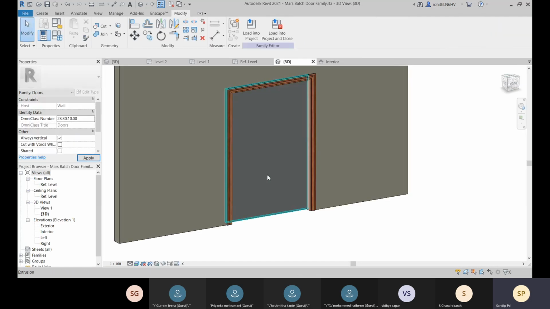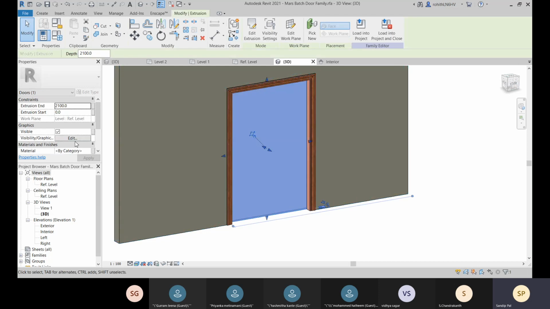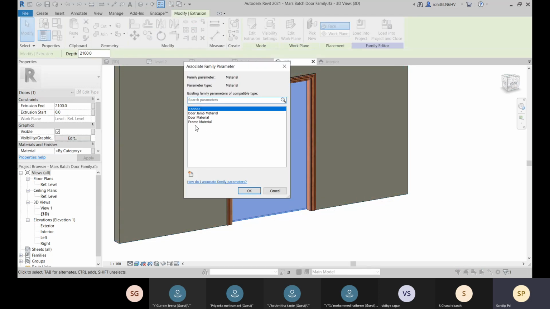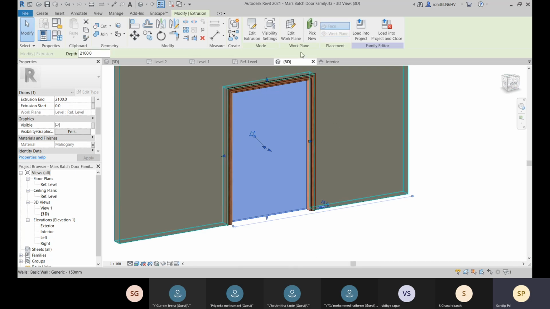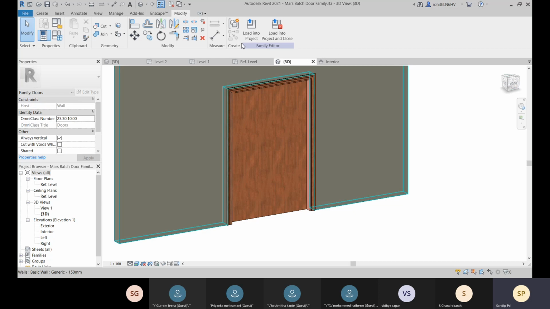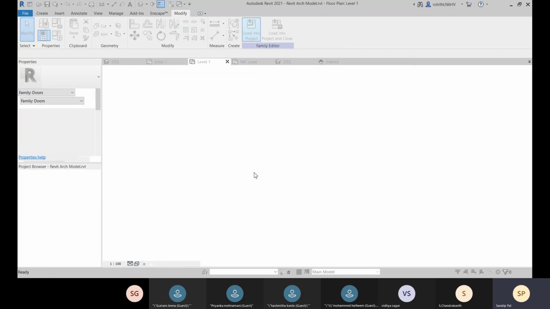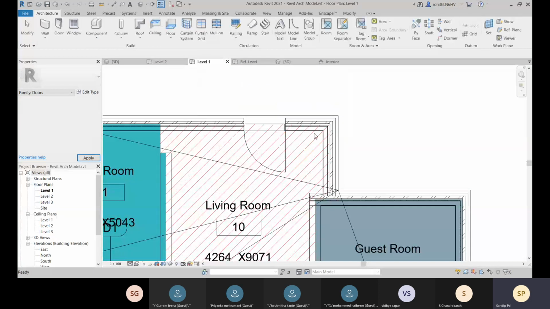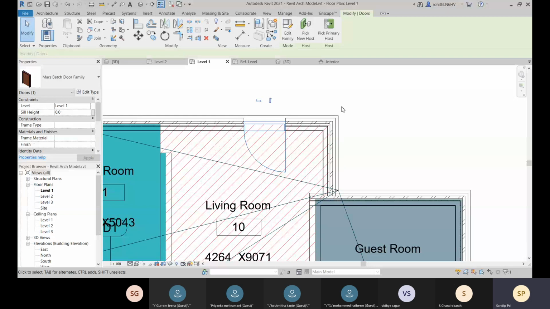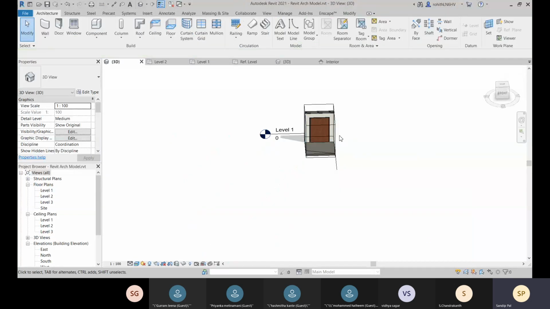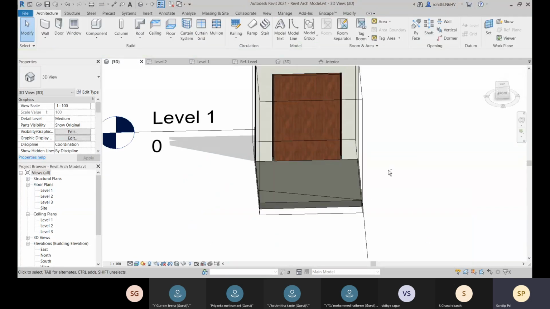What you have to do is just let me select it quickly, and from this go to door material, apply here, and let me save it quickly and go for load into project. Let me select it, BX, and there it is properly.